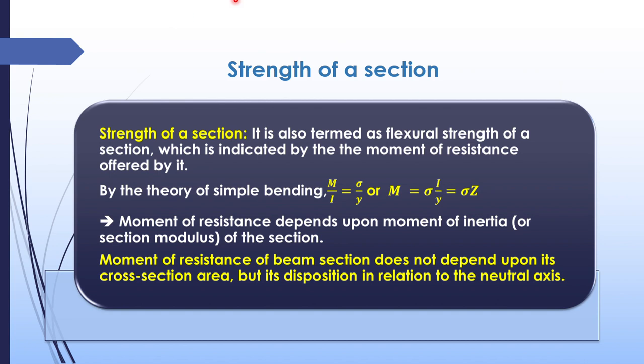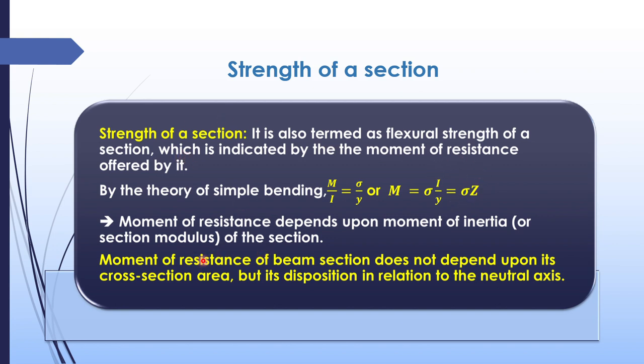Now, the strength of a section. What is the strength of a section? It is otherwise known as flexural strength. The tensile or compressive strength which we get for a section of a beam is known as flexural strength. Now, it is indicated by the moment of resistance offered by it. Normally, M is moment of resistance, which can be synonymously used as the strength of a section. So, M is sigma I by y, which is equal to sigma Z, which represents the strength of a